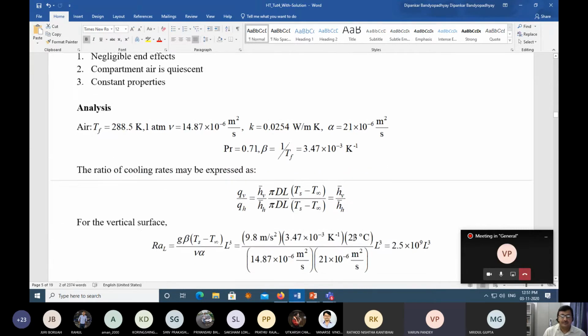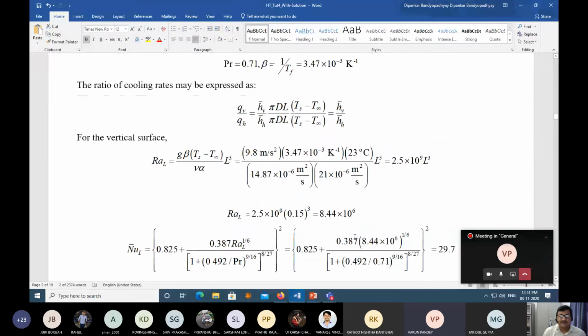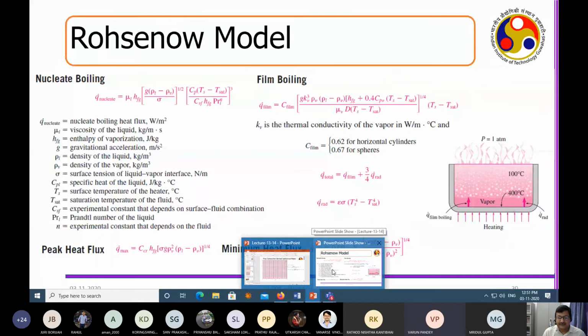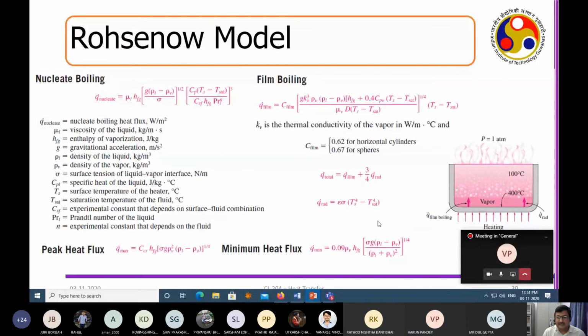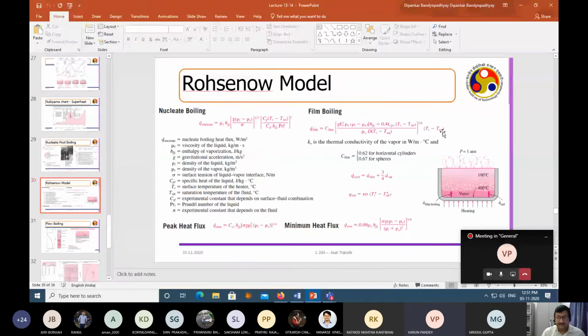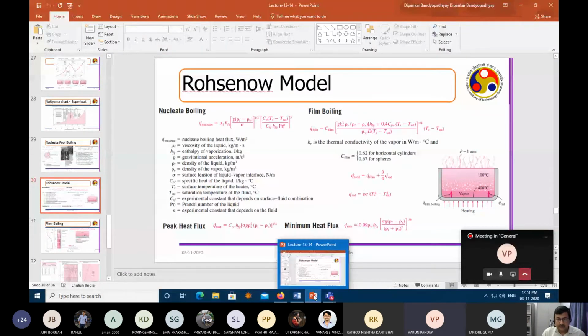Sir, heat transfer coefficients we can obtain from the Nusselt number. This is a case of natural convection, correct? Yes, sir. So for natural convection you have to evaluate the Rayleigh number, and from the Rayleigh number, what you have to do, you have to. So if you look at this expression, we have studied this part in our lectures.